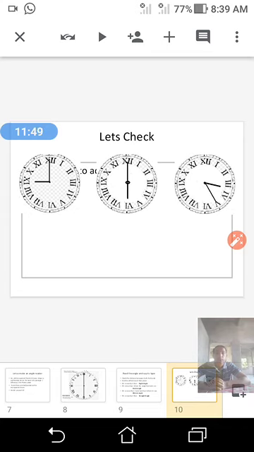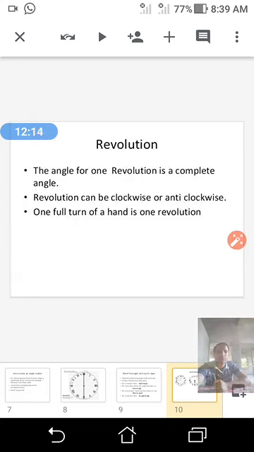Next, you see a timing. Can any one of you say what is the time? Yes, very good. 3:25. Here you see the minute hand is at 5 and the hour hand is in between 3 and 4. So the difference is less than 2. So it is less than 3 also. So the angle formed is an acute angle. Understood? Okay, let us move forward.